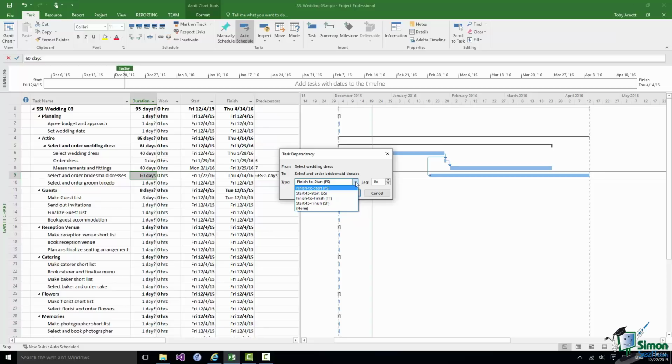Finish to finish, which means that the second task can only finish when the first task finishes. And there is a start to finish, which means that the second task can't finish until the first task starts. Now, by far the most common dependency is the finish to start, but you are very likely to come across the others. And in the next section or two, I'm going to show you one or two examples of these